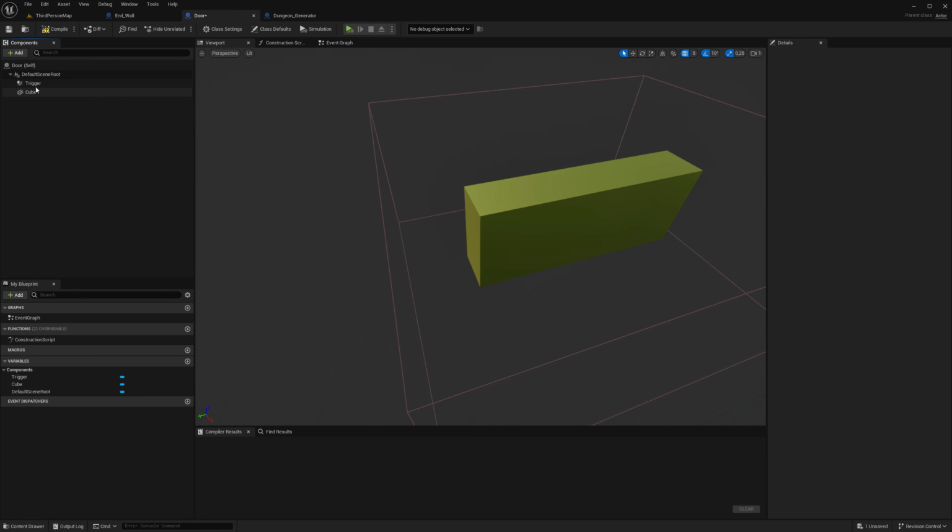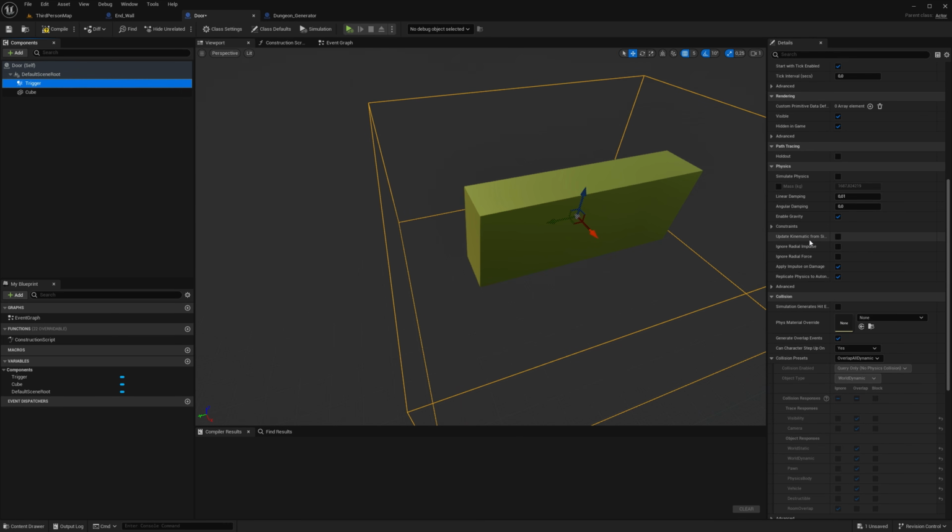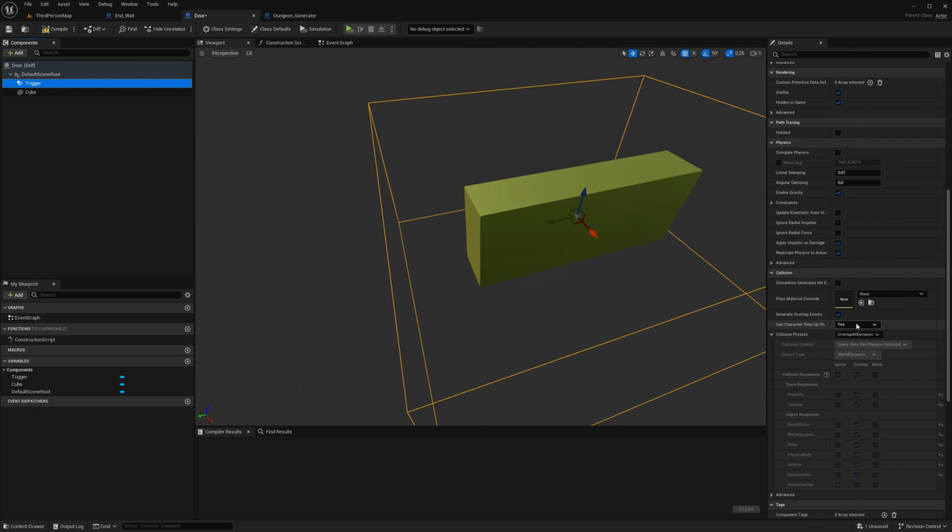So delete this cube again, go into the trigger. Can the character step on it? No. Does it create overlap events? Yes, because we need overlap to activate the trigger. The overlap all dynamic, I don't know about this. I usually just go into custom, query only, no physics collision.